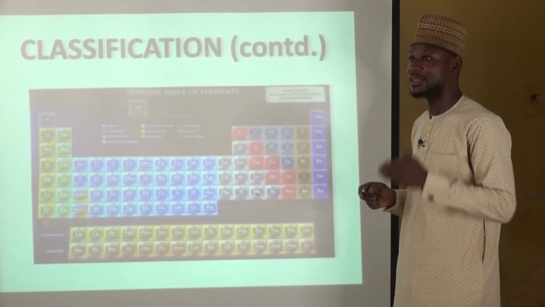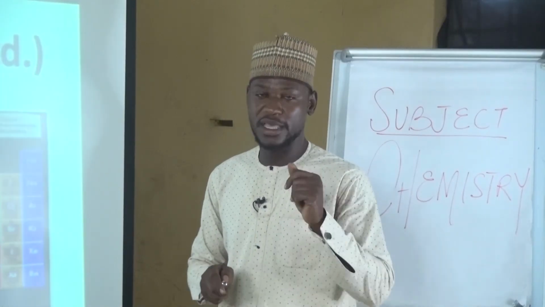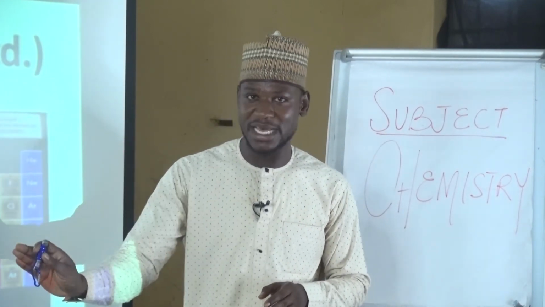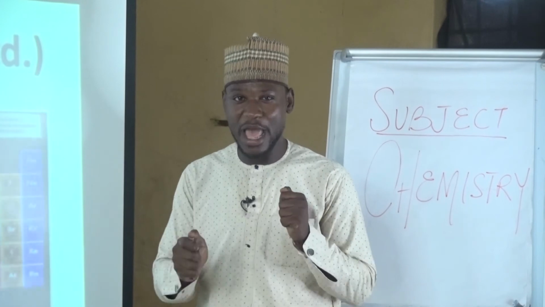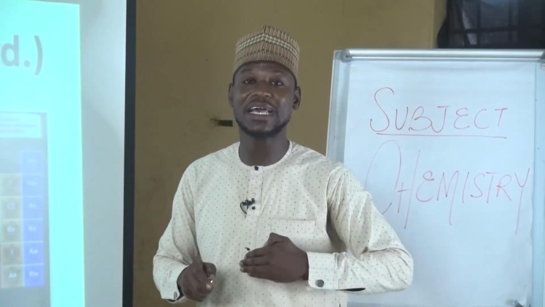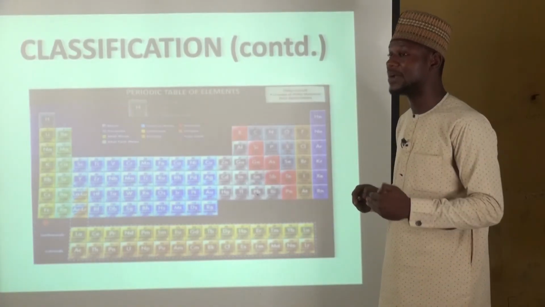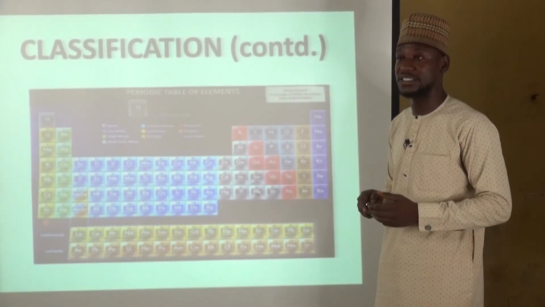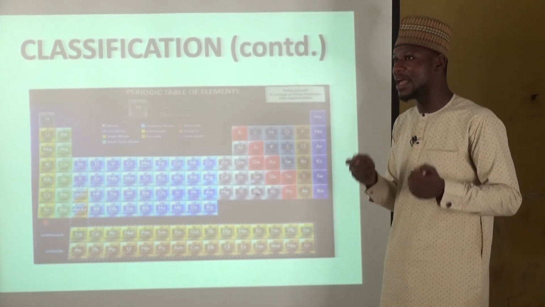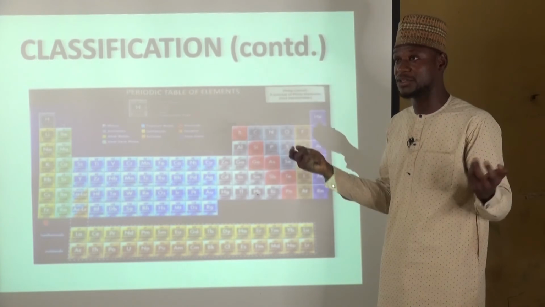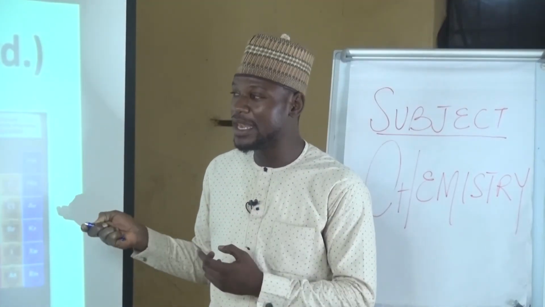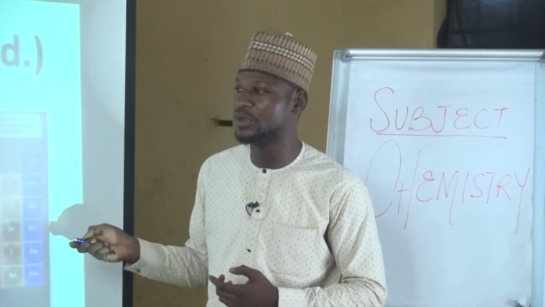They can easily react using electrovalent bonding. It is also important to take note of this: whenever there is a reaction between a metal and a non-metal, then ionic bonding is expected, because the metals can easily lose their electrons. They have a very high electropositivity, so they can easily lose their electrons. And then the non-metals have a very high electron affinity. They love electrons, so they can easily accept them. And that is why the non-metals form electrovalent bonding or ionic bonding with the metals.